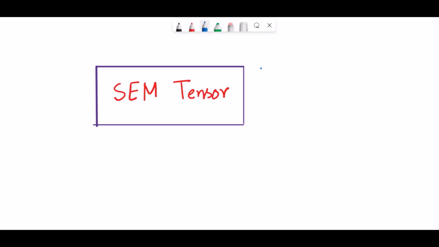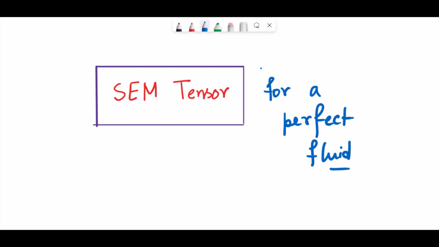In this video, we'll be talking about the stress energy momentum tensor for a perfect fluid. You must be aware that in the previous video, I talked about the contents of the stress energy momentum tensor from the point of view of a linear symmetric machine, and we have seen how to understand different parts of